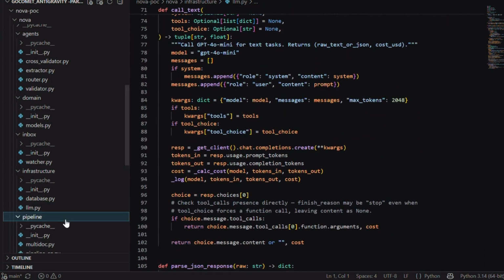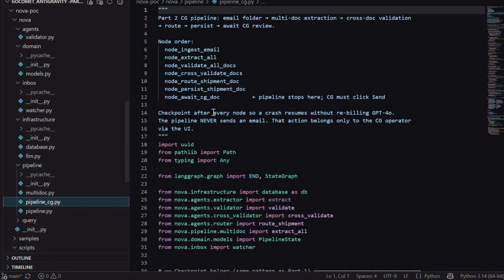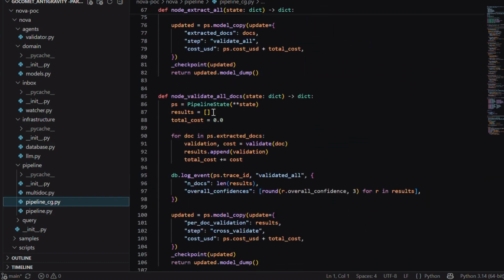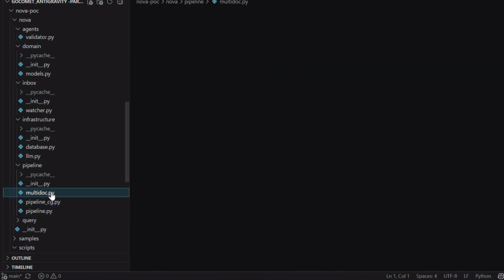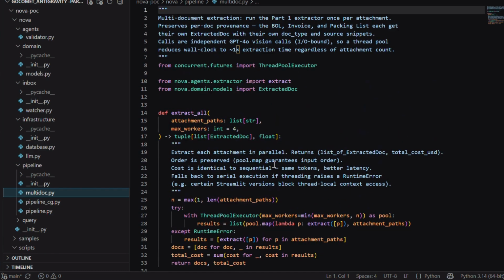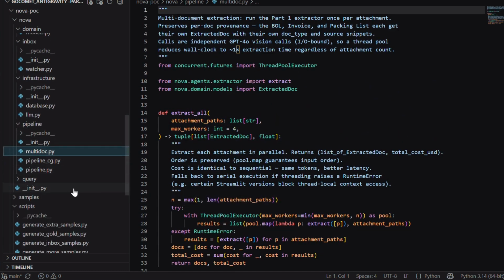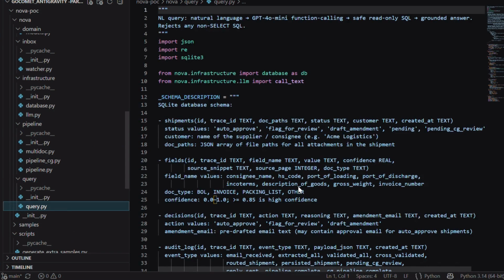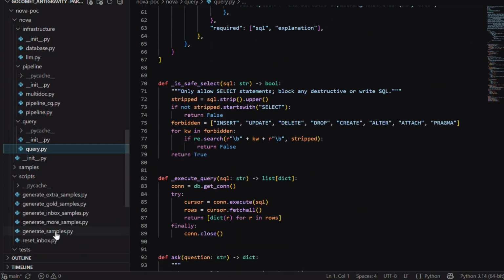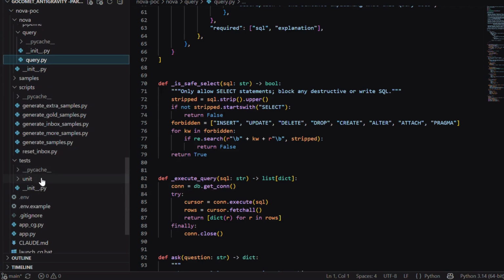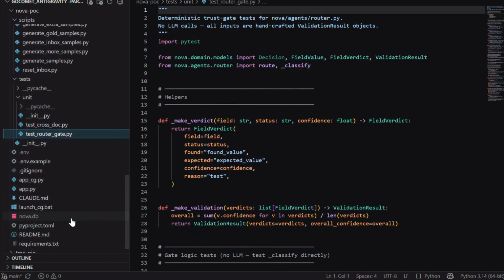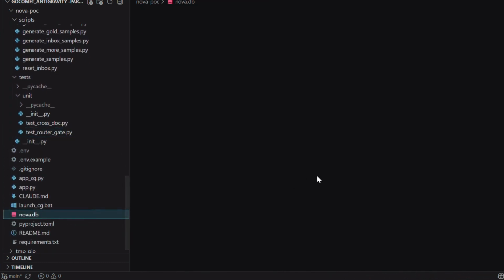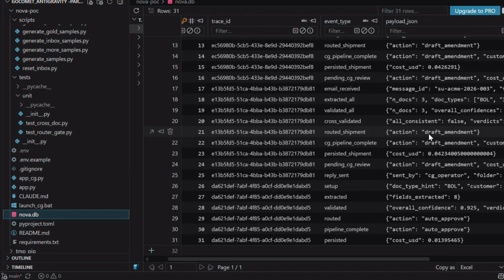database and llm.py. And we have added a few more functions to this, and the pipeline is going to be what LangGraph is giving us over here, and pipeline.py is exactly the same as last time. And we have the multi-documentation extraction for that. We have also included this, and we are still synthetically generating the documents, for which we have written the scripts. We can test across various scripts, and as you can see, this is the SQLite viewer, with the help of which we can see the NovaDB, which is